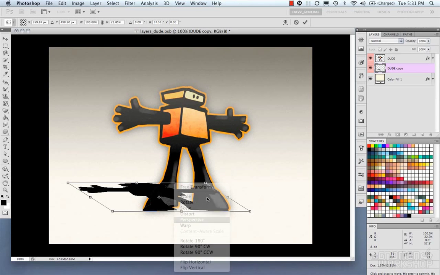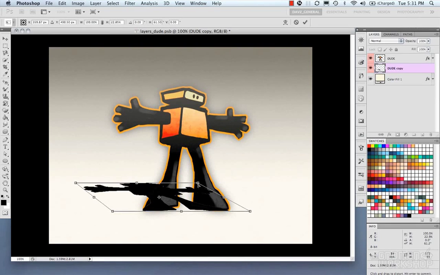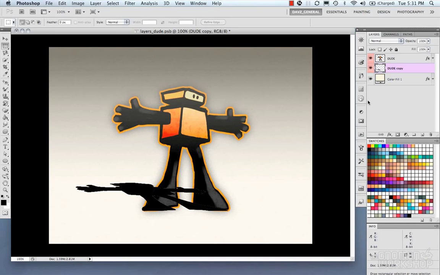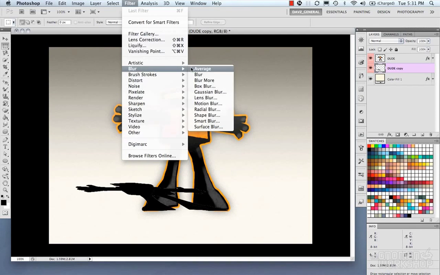And then use some perspective. And then I'm just going to put a simple blur